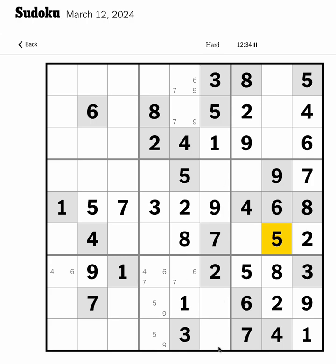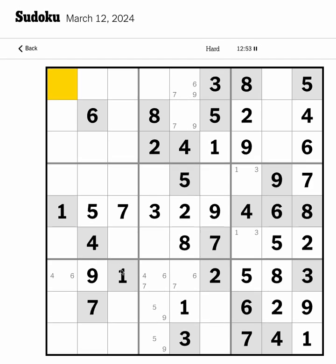Four, 6, 8. Let me just mark these doubles. 3, 7, 9. Here it is. 1 blocks here, this one blocks here, this one blocks here, so this is 1 here, which blocks this one, this is 1, and that leaves 3 and 7 for this. These 2 cells, 3 is here, so 3 comes here, which blocks these 2, so this is 7